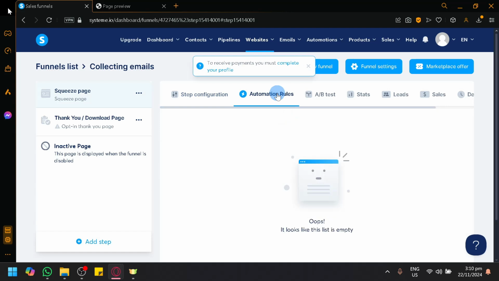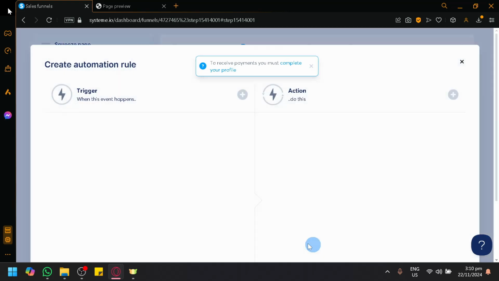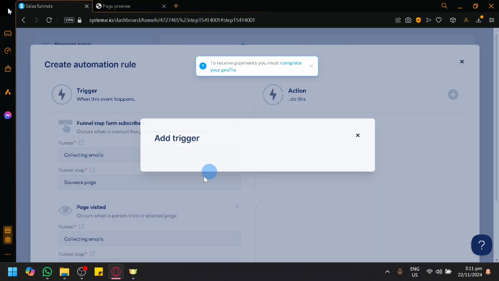Now, you could set up automation rules to have an action happen whenever a user interacts with your page. So you could add a rule. You have a trigger and an action. In the trigger, you could have something such as funnel step form subscribe or something as simple as page visited. So we could select either one of these,